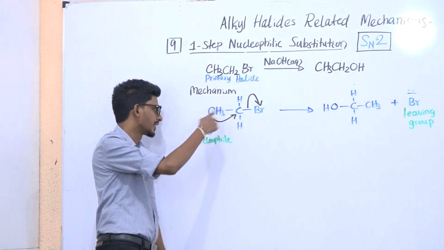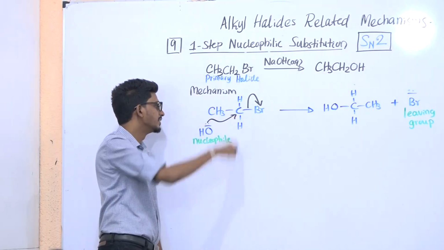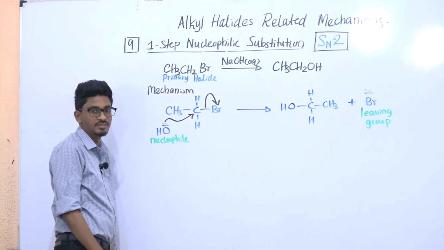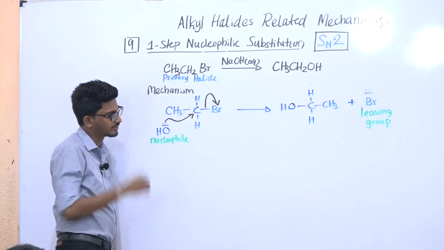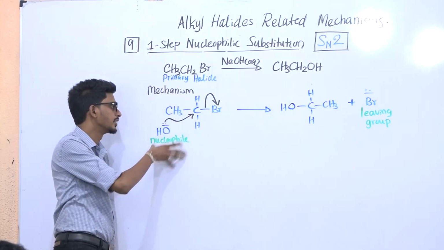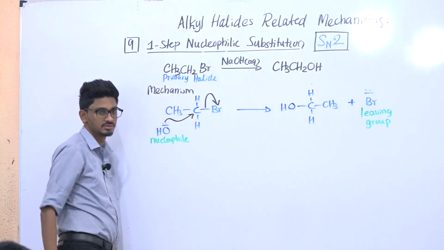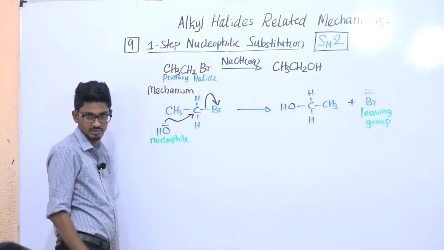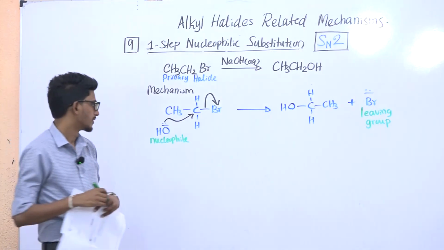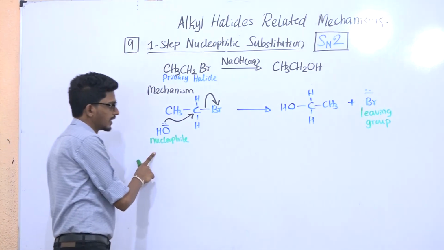The nucleophile is the one which will attack the delta positive carbon and be with that carbon. The leaving group is the one which will leave the carbon, that is the idea, right? That is the OH minus here. So this is referred to as nucleophilic substitution, right? This is your nucleophile, that is your leaving group,